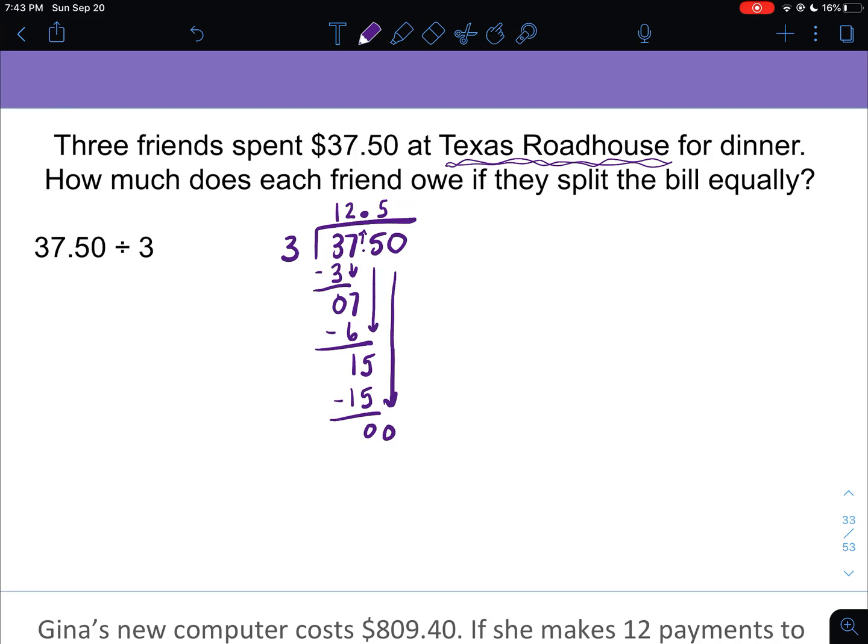Okay, so since I brought the 0 down and it does not go in, you have to put a 0 in the quotient above your answer, and then I am good, no remainder. So this is $12.50. So each friend will pay